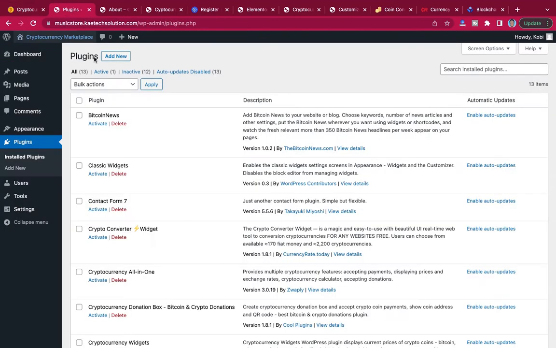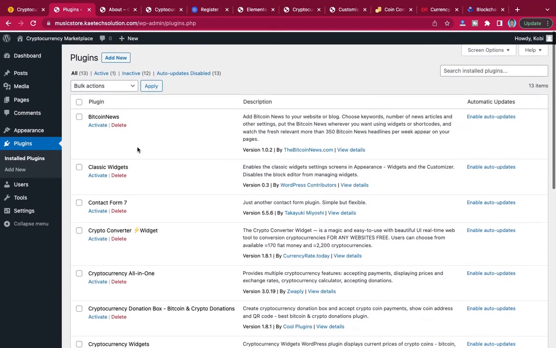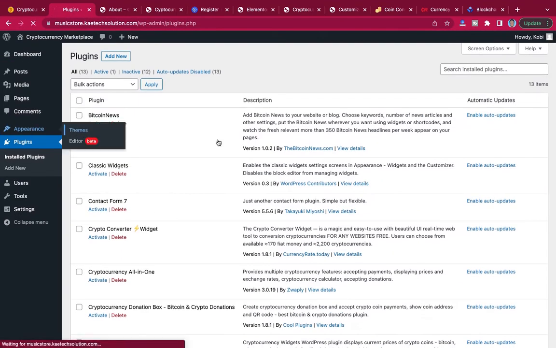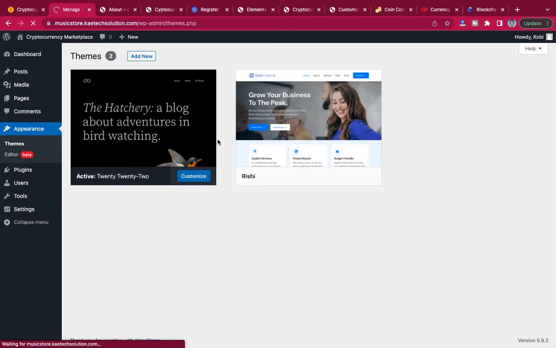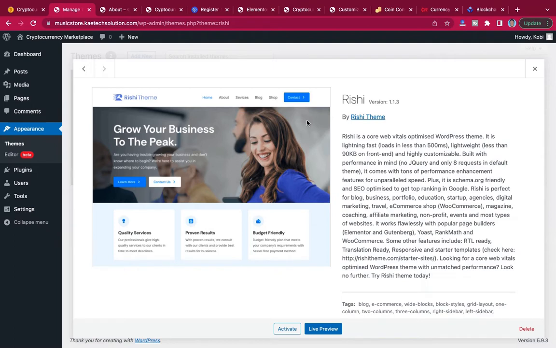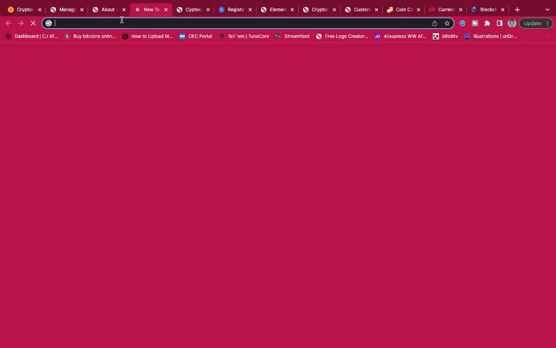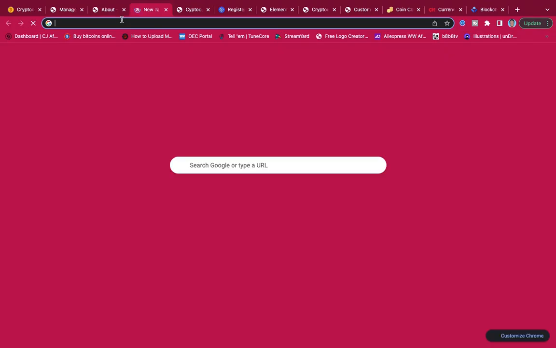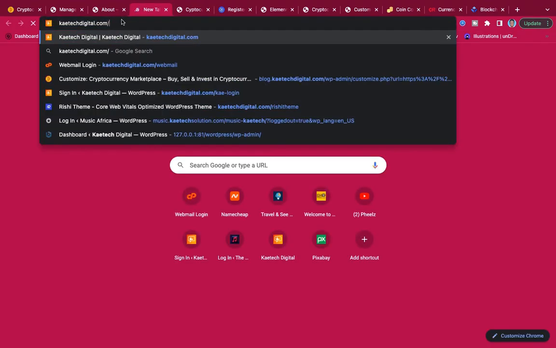Basically what you need to do is to install. First you need to install the theme that I used. Okay, so to get this theme, go to Kitech Digital. Just type in Kitech Digital, go to my website, kitechdigital.com/rishi